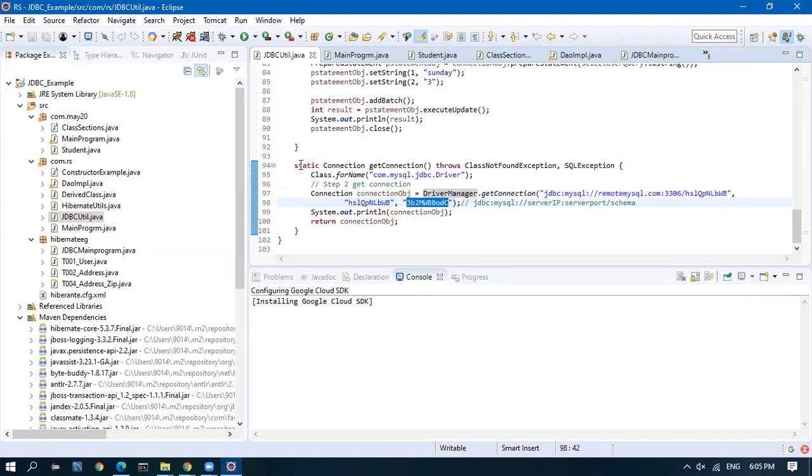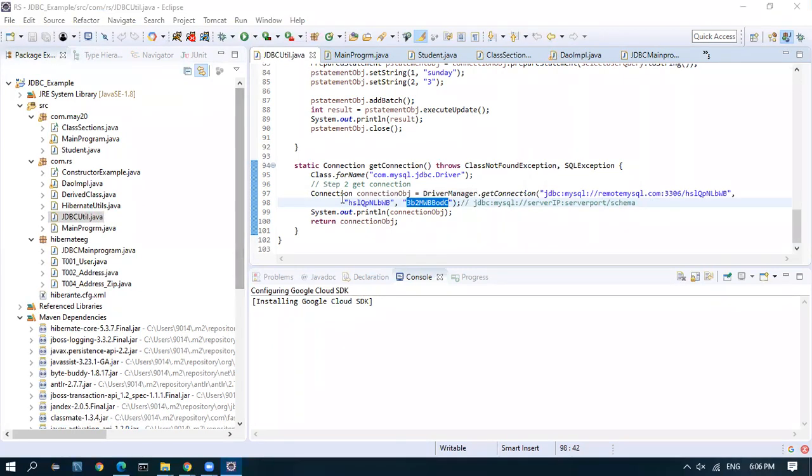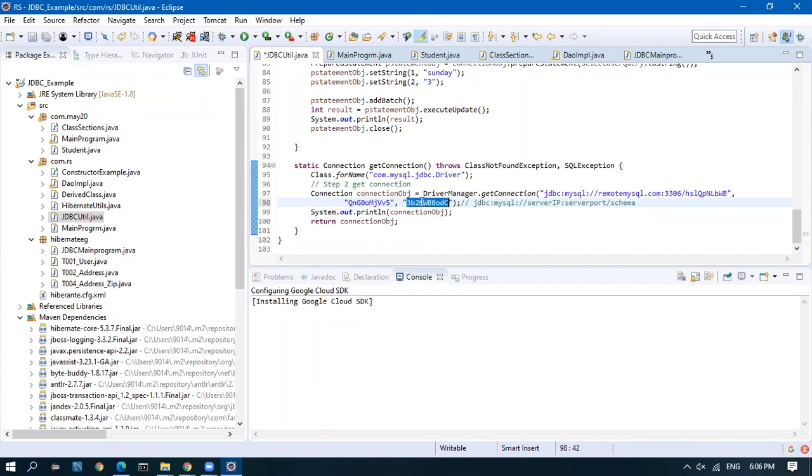So can you ping me that username and password which I gave you? You gave it on the database. You gave it on Zoom or WhatsApp? Zoom, I guess. Did I... Okay, I have it. WhatsApp? Yeah, it's on WhatsApp. Okay. Yeah, I got it. The username. So this is the username and this is the password.